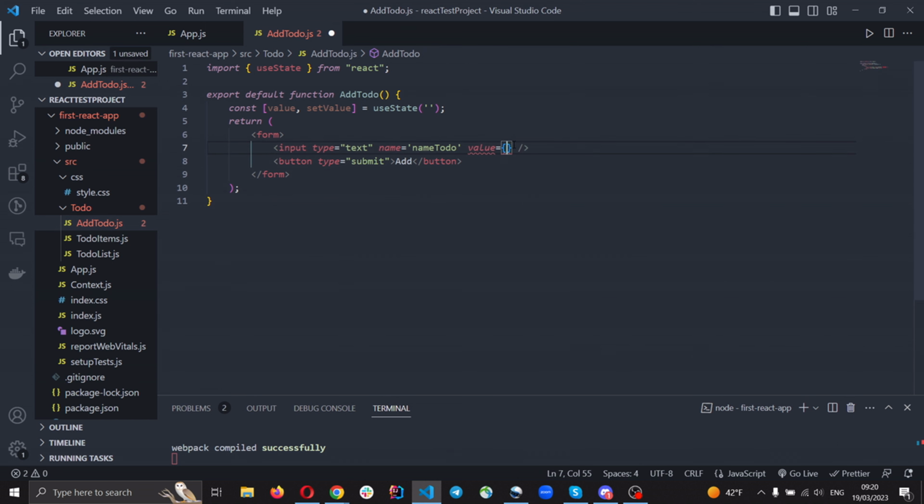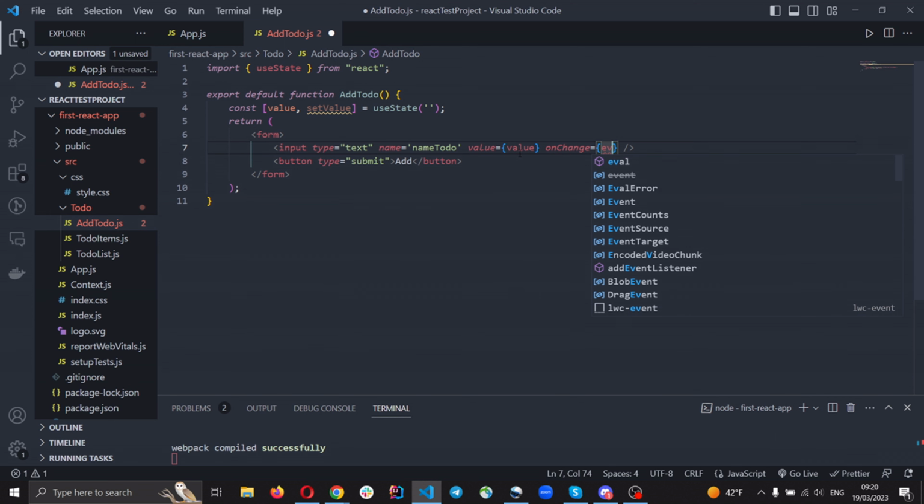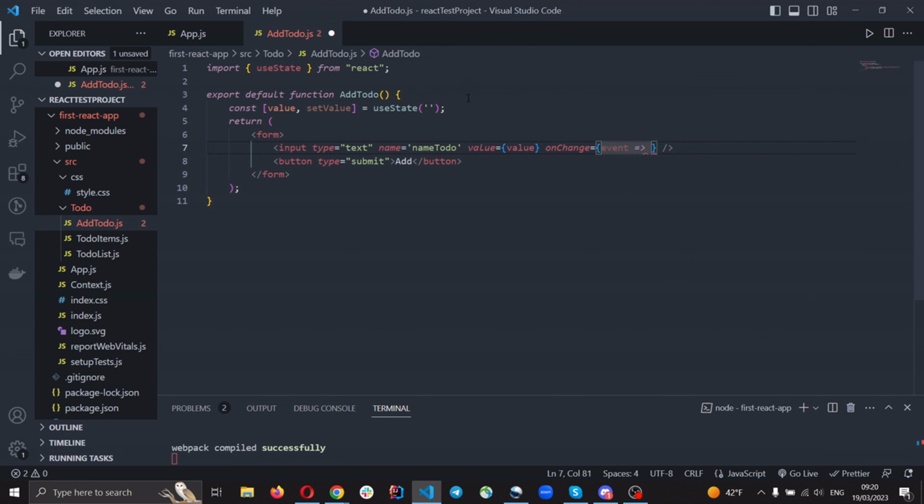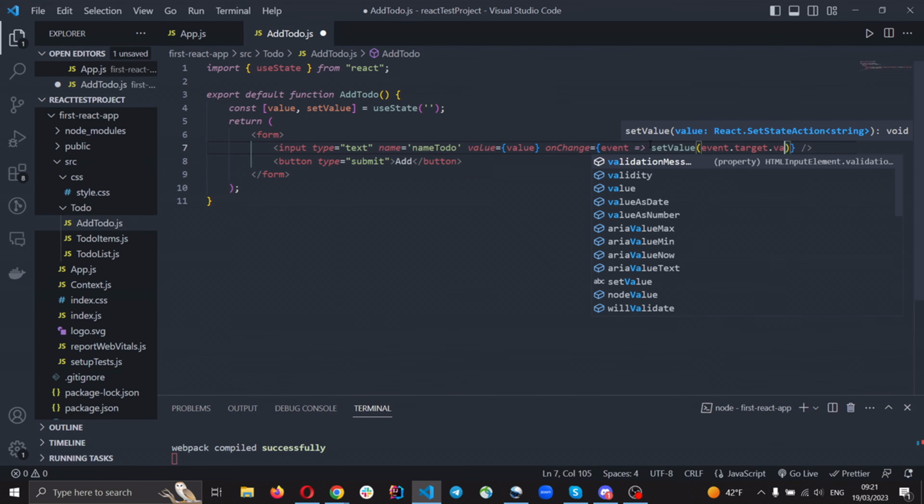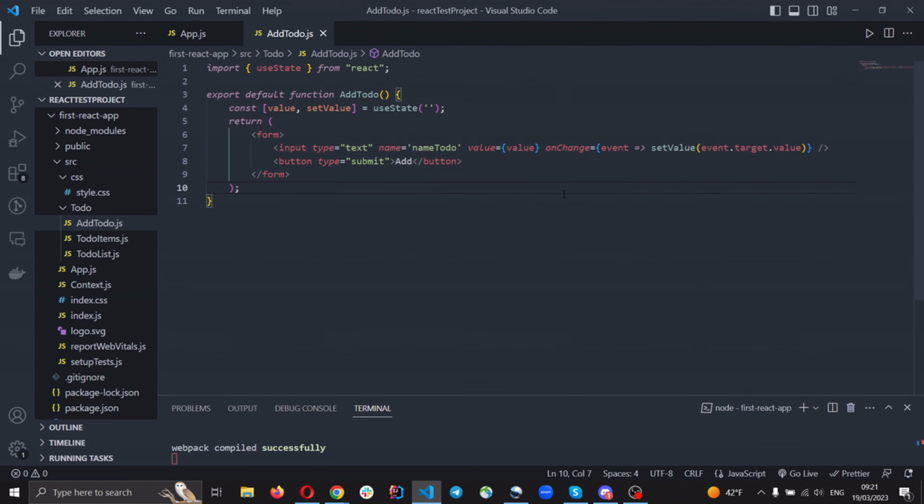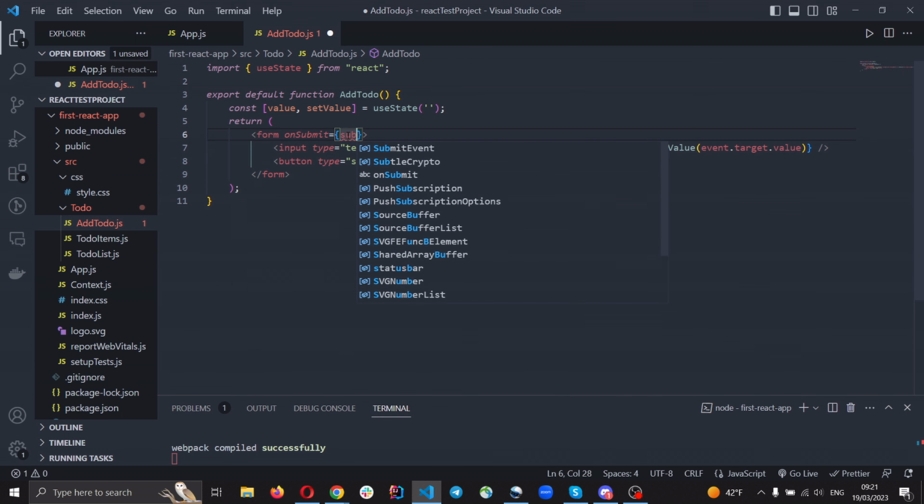For it, we just need to set it, and let's create logic for our input field. Create event onChange, and callback function event, and call our setValue, and pass here event.target.value. So great, and we need to add for form it will be event onSubmit, and add function submitHandler,